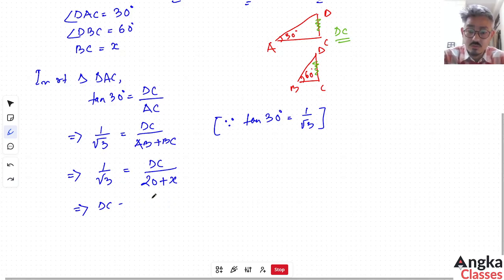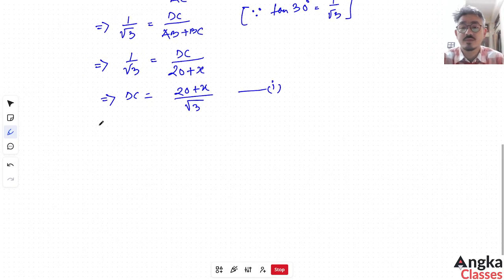DC is equal to 20 plus X divided by root 3. Okay, so this is the lowest hardware. So in equation 1 in lowers. And then I got Matanga similarly